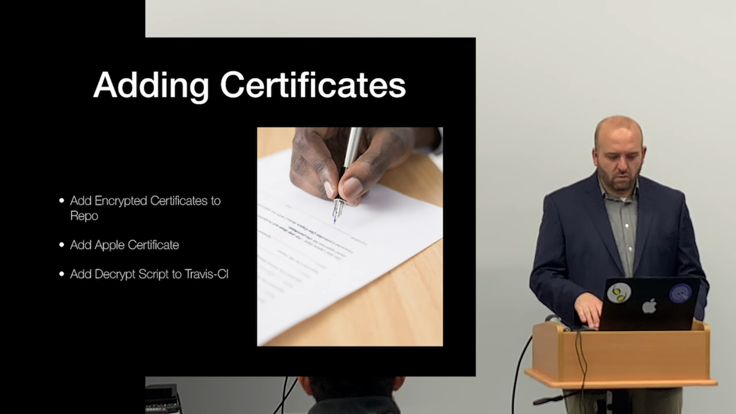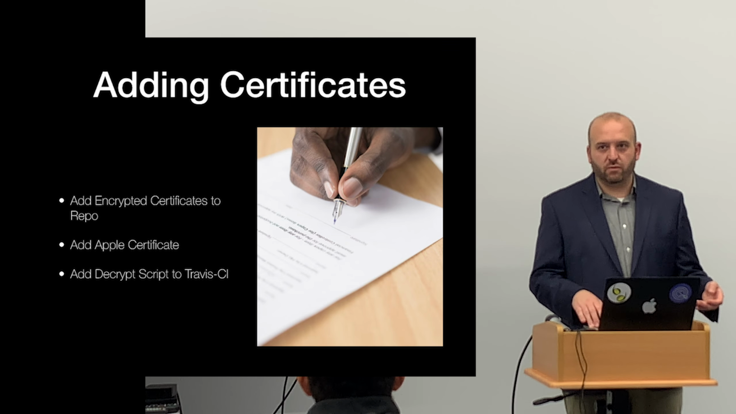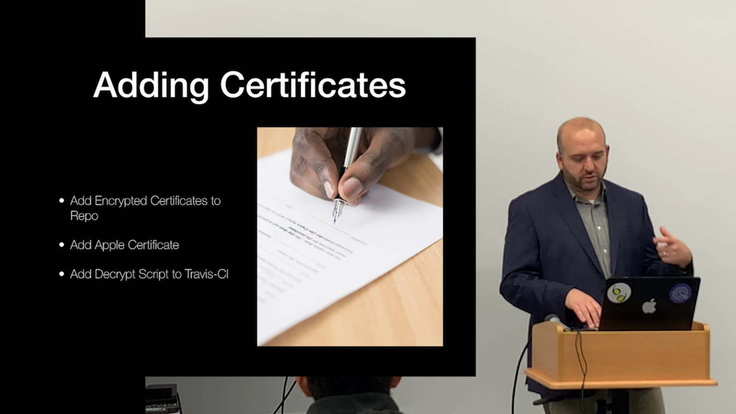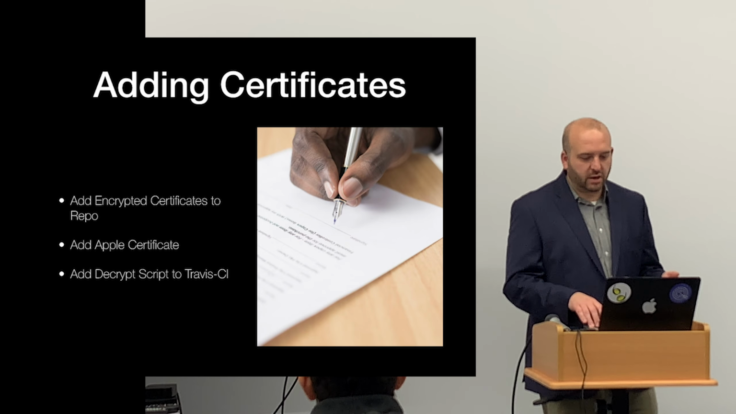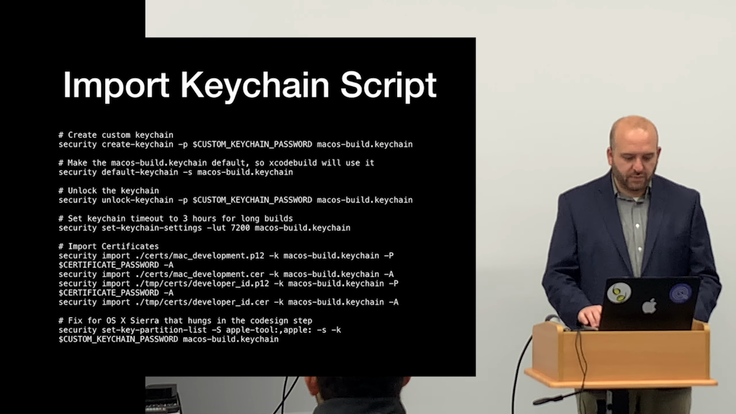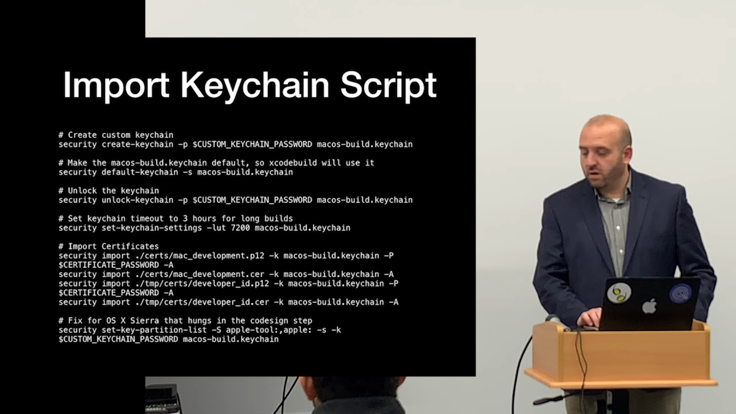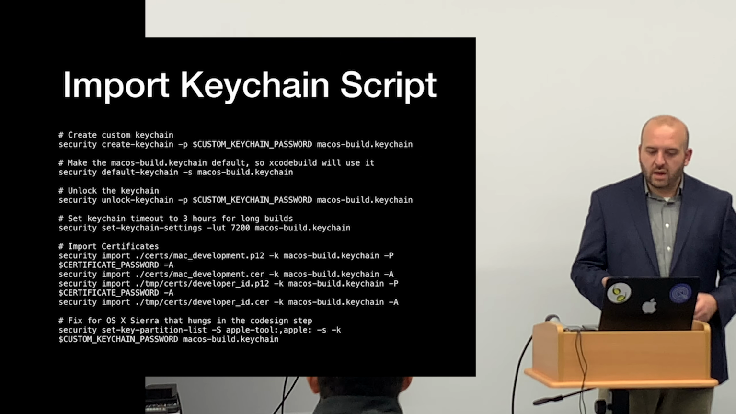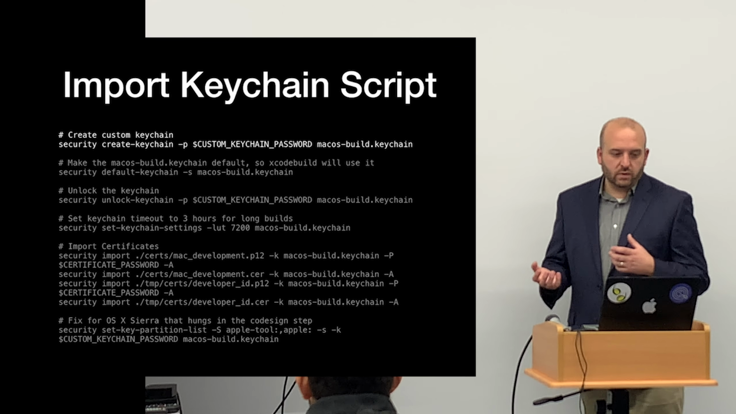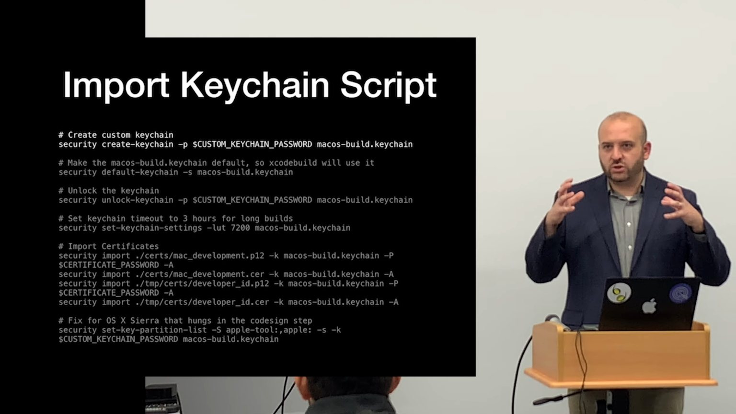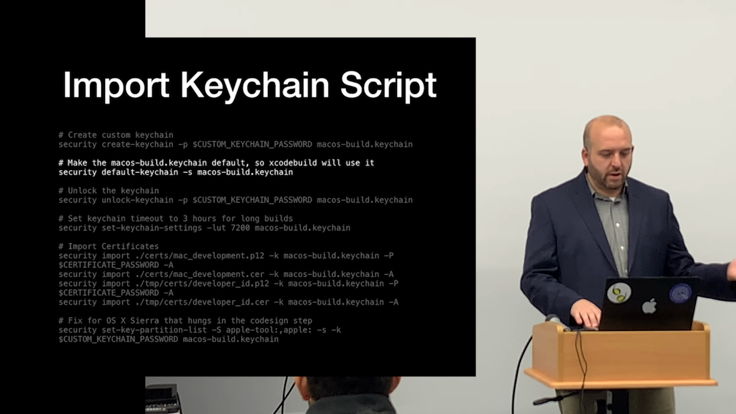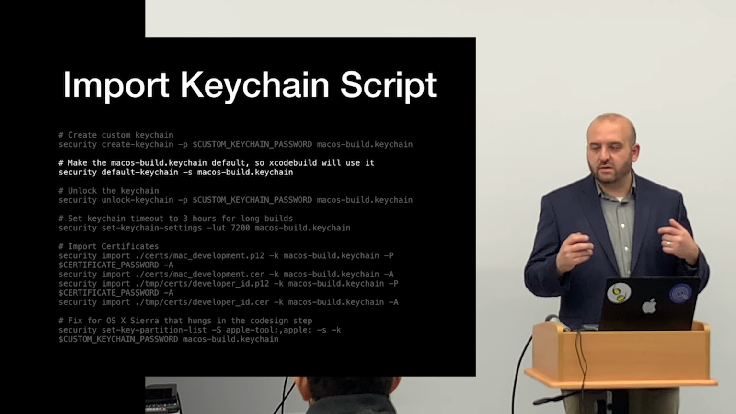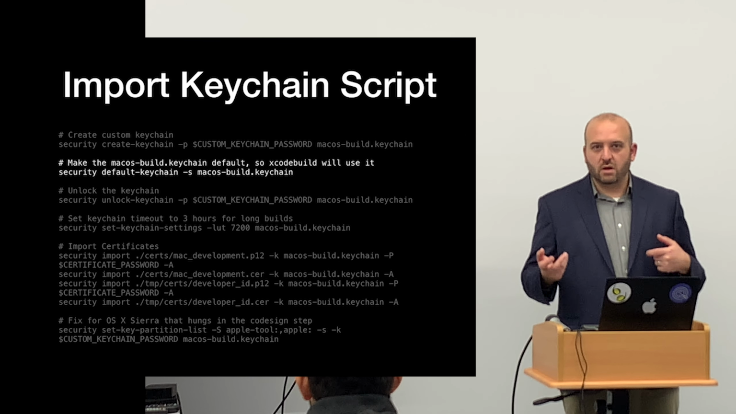So here, once you've done that, once you have the decryption set up, the next step is just importing those certificates and keys into the keychain. So here's the script that I use to import the keychain. The first thing I do is I create a keychain for just my build, and then go ahead and tell it that this is the default keychain it's going to be using for this